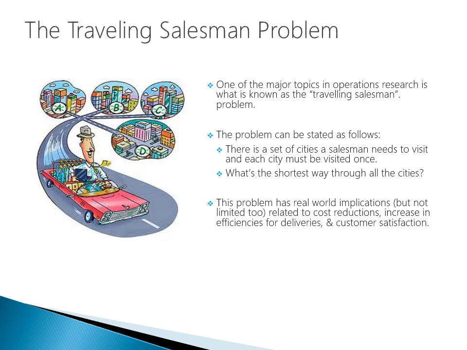This problem has real-world implications, but not limited to, related to cost reductions, increasing efficiencies for deliveries, and customer satisfaction. So if I'm thinking about genetic algorithms in a business context, the traveling salesman problem is a great problem to look into. Okay, because if you can reduce the amount of travel that the salesman has to go from point to point, you're going to reduce depreciation on his car, reimbursement for his gas, his time,